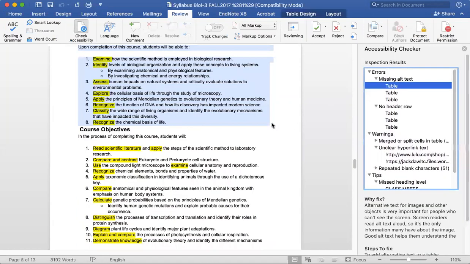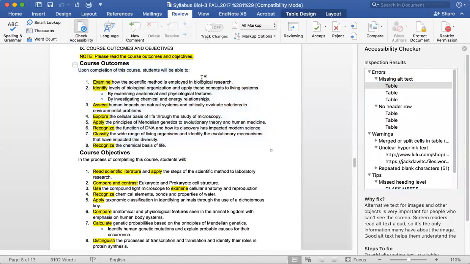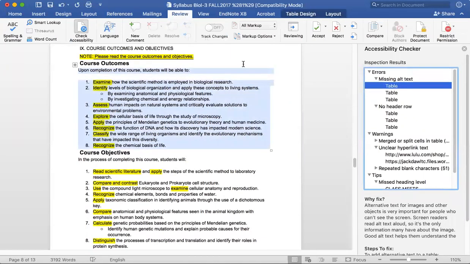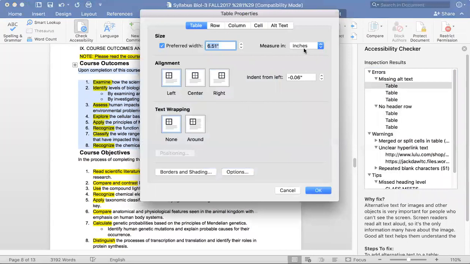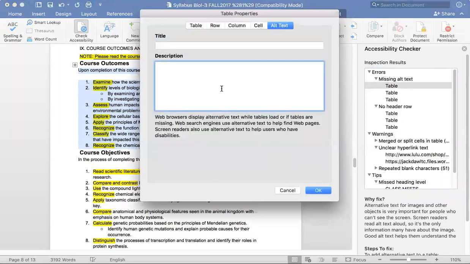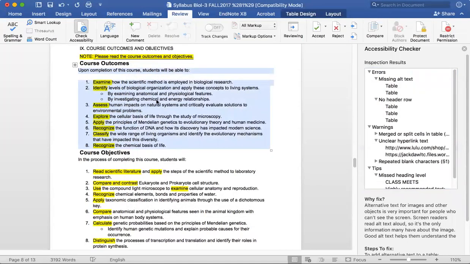Here we are missing alt text on these. Oh, do you have this in a table? So you just need to right click and, it's in here somewhere. Oh, table properties and alt text. This is the course outcomes. And what it's doing is it's just telling the screen reader that this thing is important and it should be